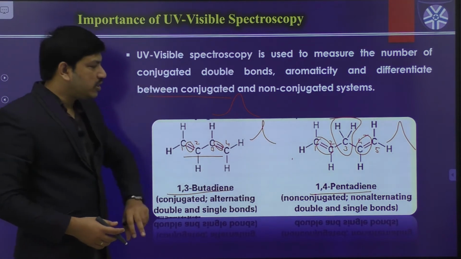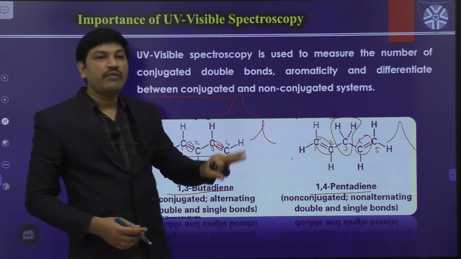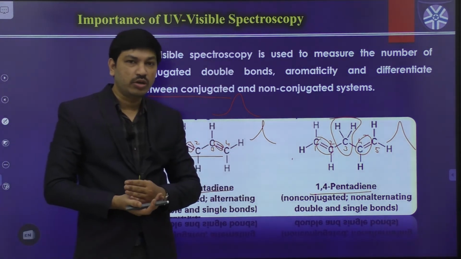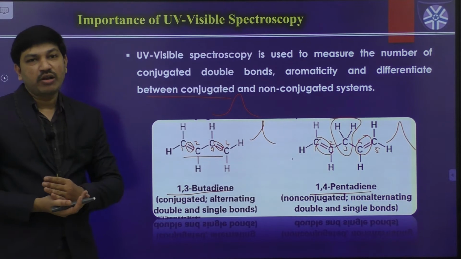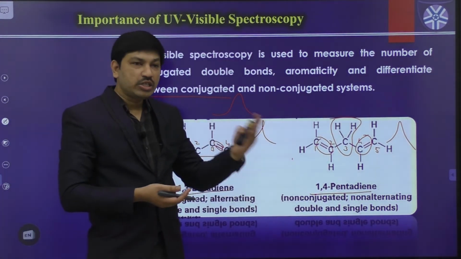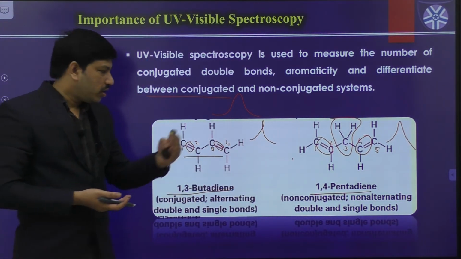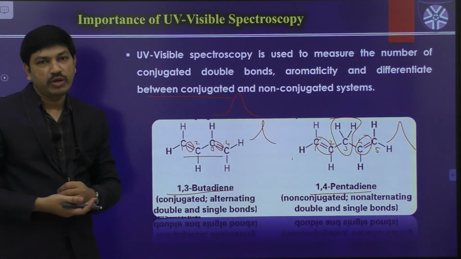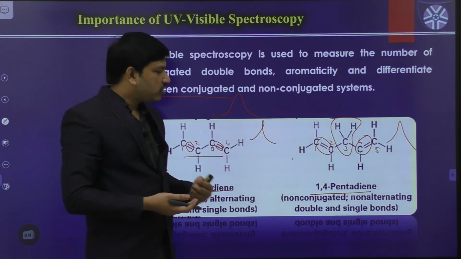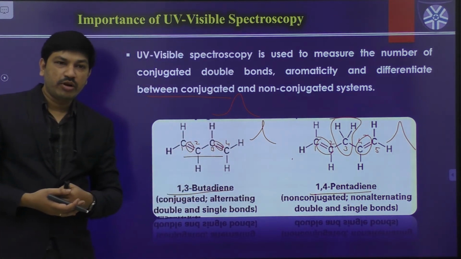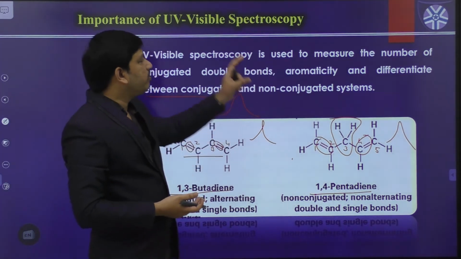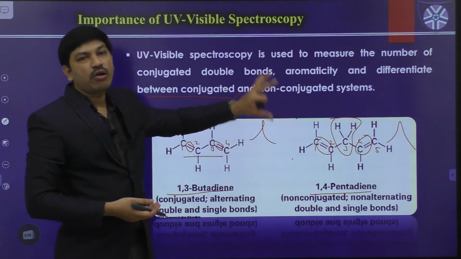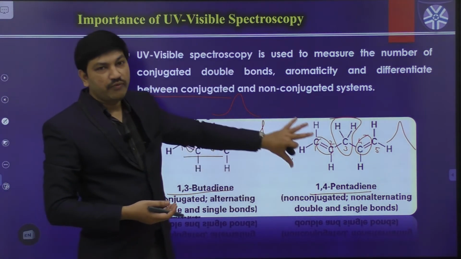But apart from all these things, UV visible spectroscopy also has a lot of importance in the case of inorganic molecules or complex compounds. Most of the transition metal complexes are colored in nature. They have special optical properties. So all these optical properties can be determined by using UV spectroscopy only. And most materials have different optical properties, and all those things can be explained by using UV spectroscopy.